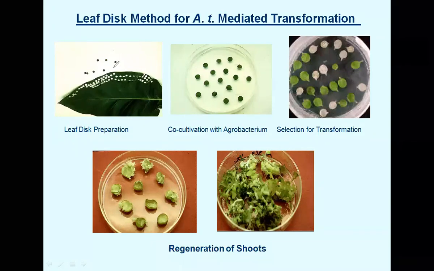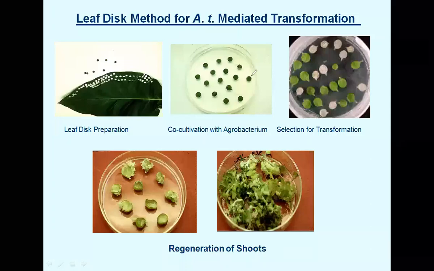secrete the phenolic compound, and then you will put them in a Petri plate like this, and this Petri plate contains the Agrobacteria, the selected Agrobacteria containing those two plasmids, one carrying the gene of your interest and the other one, the vir helper plasmid, carrying the vir genes. So please remember, it doesn't really make a difference whether vir genes are located in one plasmid or on a different molecule, a different plasmid, because vir genes are trans-acting. They act by coding for a diffusible product, that is protein.